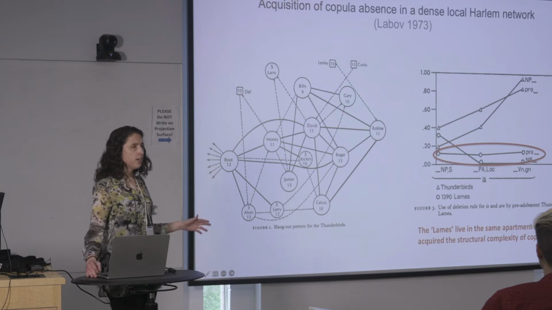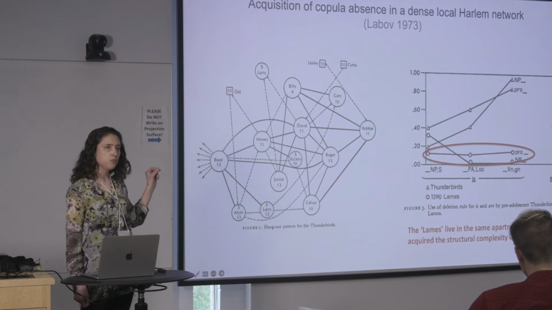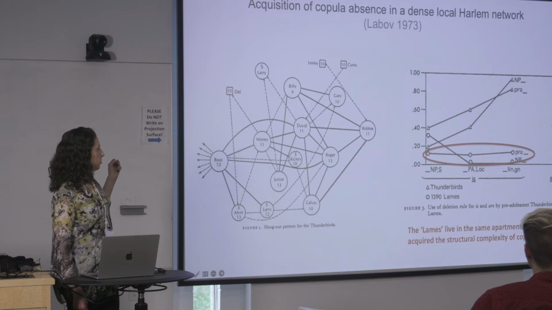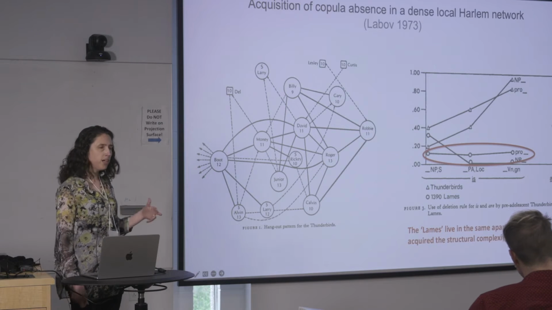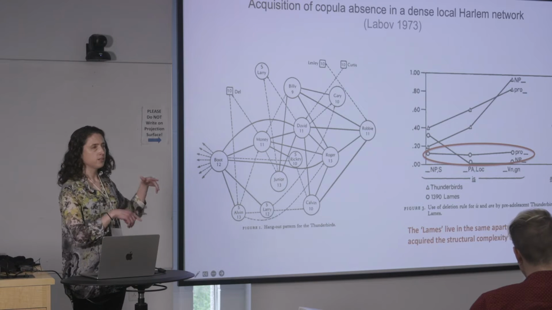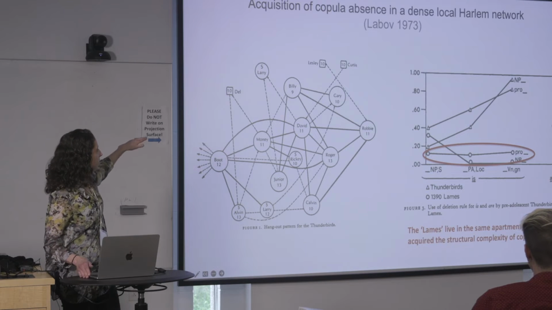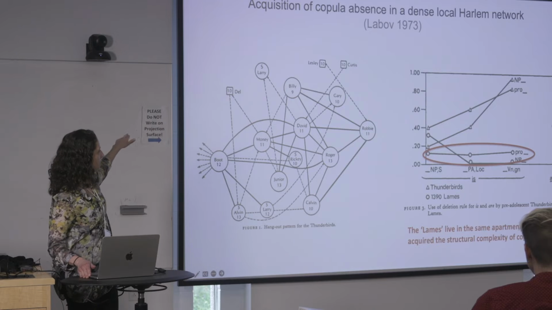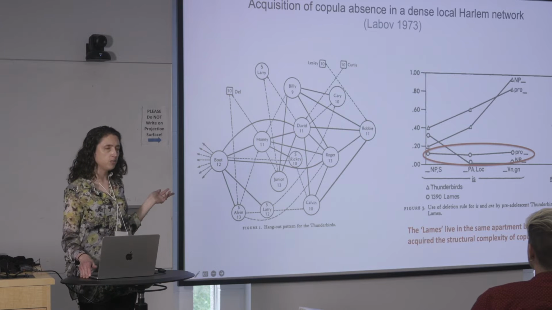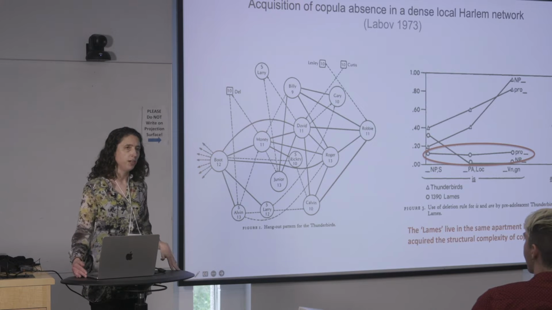Here's another foundational study. On the left, you see some network data about boys who lived in one apartment building in Harlem, and the numbers that you see are their ages. So these are like pre-adolescent and adolescent boys. The solid lines mean they both named each other as friends. The dotted lines mean that only one of them named the other as friends. And you see that there are a few of them who are in squares instead of circles, and those are the ones that the author Labov considered to be network peripheral. He called them lames, using kind of their own terminology, right?